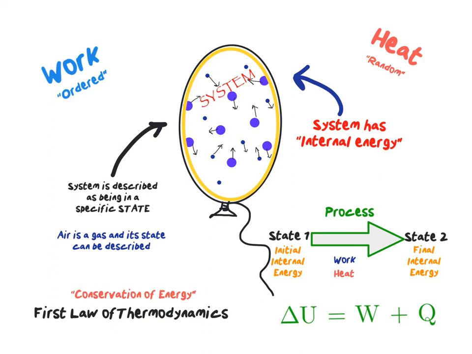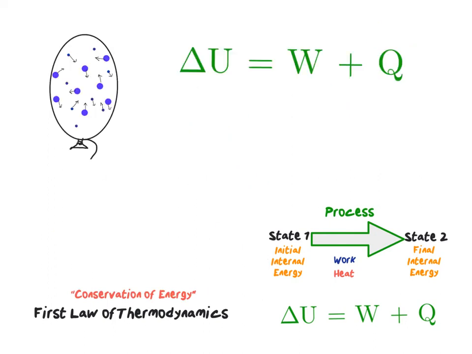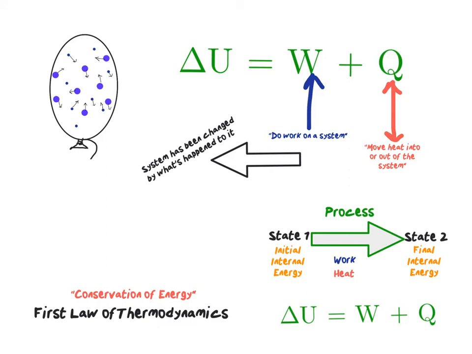It's basically saying you can't destroy energy, you can't create energy in a system without actually having put something in the system. So energy can't increase in the system without me actually doing something to the system. But what it says in very basic terms is that if I do work on a system, in other words, I'm transferring work mechanically to the system, and if I exchange heat into or out of the system through a random transfer of energy, both of those two things together can account for the change in the internal energy